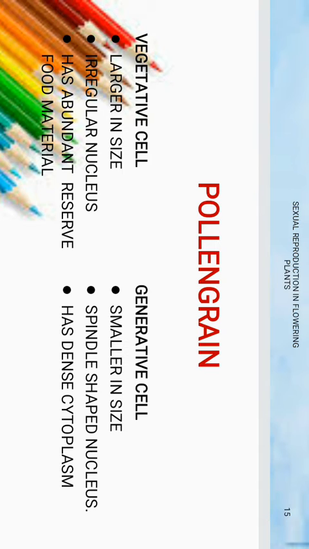The vegetative cell will form the pollen tube. The generative cell forms 2 male gametes. So each pollen grain produces 2 male gametes. But in some plants, the pollen grain comes out of the anther at the 3-celled stage. What are the 3 cells? One is the tube cell and the other 2 are male gametes. Remember, the pollen grain is also haploid. Male gametes are also haploid in nature.